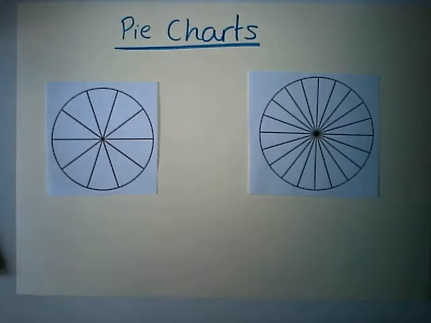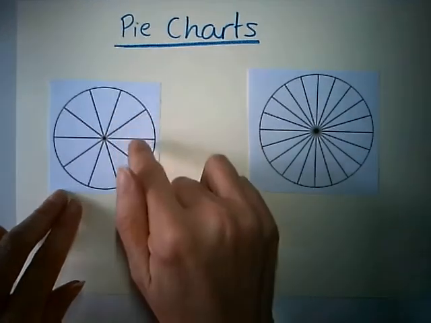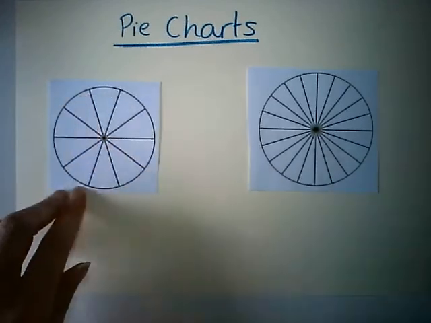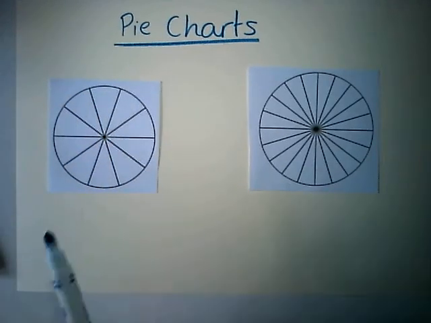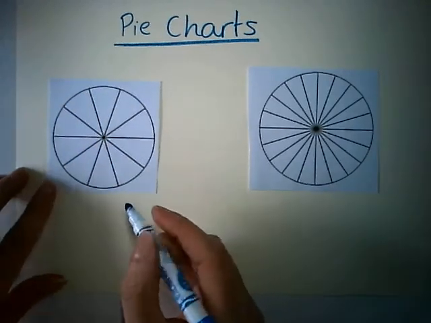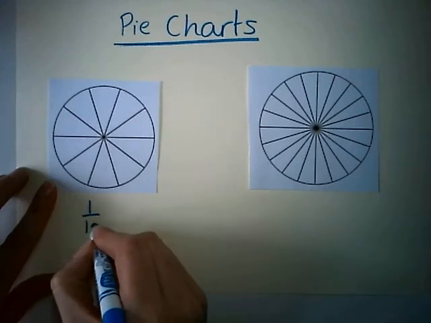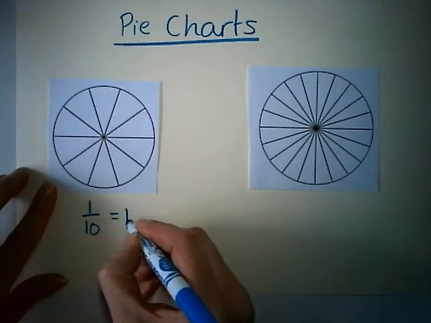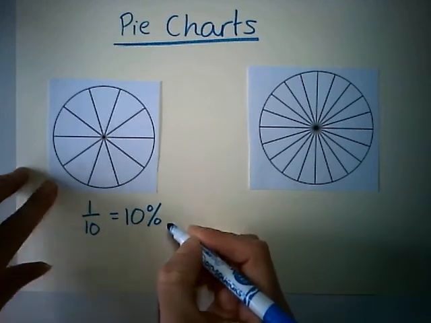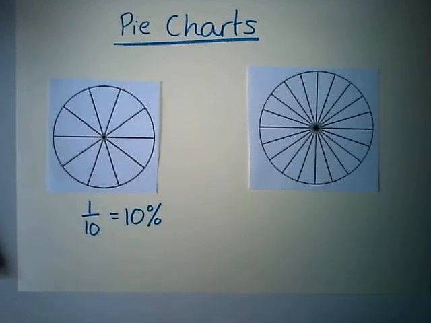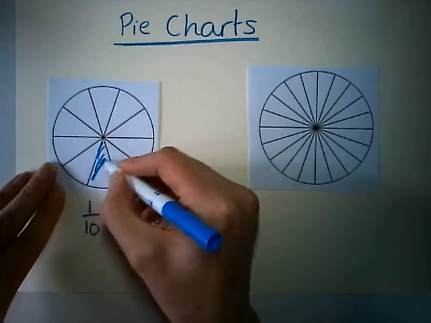So in the first one, if you count the sections or the pizza slices, there are 10. 1, 2, 3, 4, 5, 6, 7, 8, 9, 10. So each section represents 1/10 or 10%. You've already learnt your percentages, so you should know that 1/10 is the same as 10 over 100, so that's 10%. So if I shaded one section in,